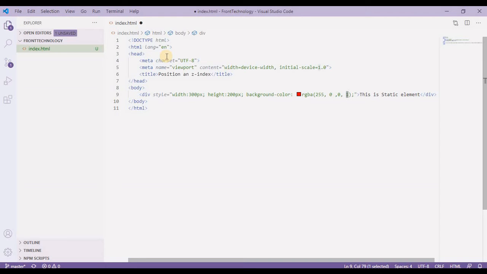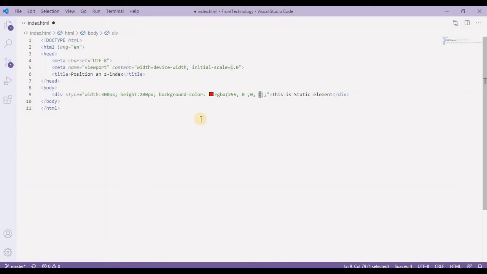We can use any decimal numbers instead of 1, but I prefer 1 right now. And the color of this text will be white, so I'll use the hash code F, which means white. Now let's go back to our browser.